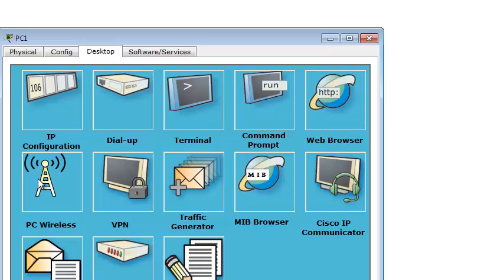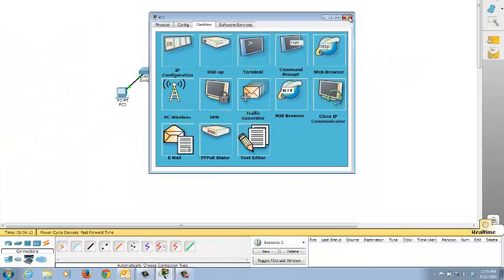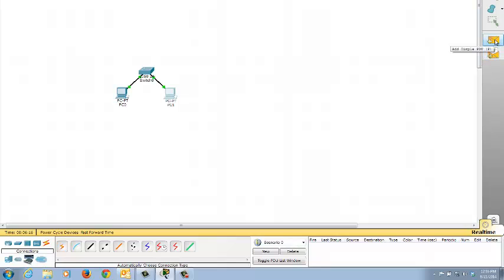We can do other things here. I just wanted to show you the basics. It's a simple program to start, but it's also a very complex program. You can do advanced routing. We can set one of these devices up as a web server, and we could use a virtual web browser to go to that server and see if it runs. We can set up security settings. We can take a simple packet of data, stick it here and tell it to go to here, and then we can watch it, and down here it'll tell me if it was successful or not. Anyway, the basics of